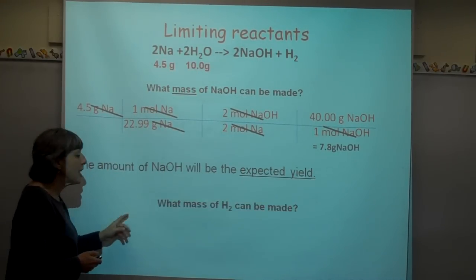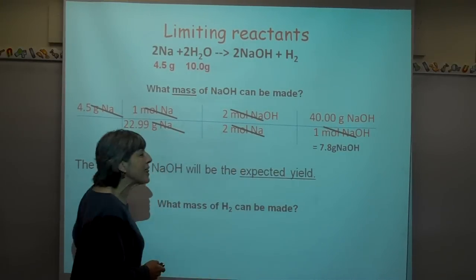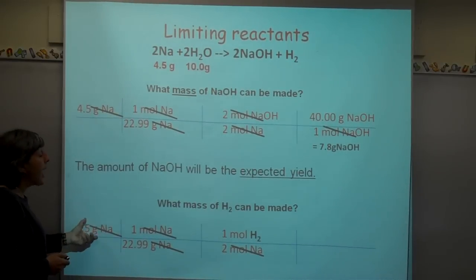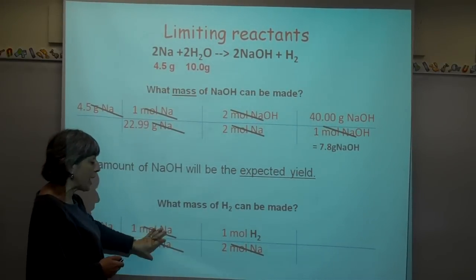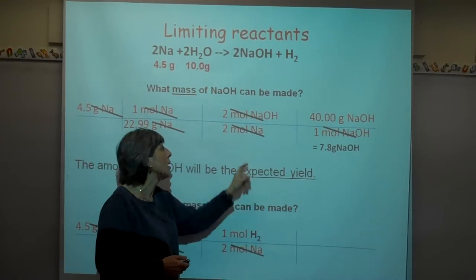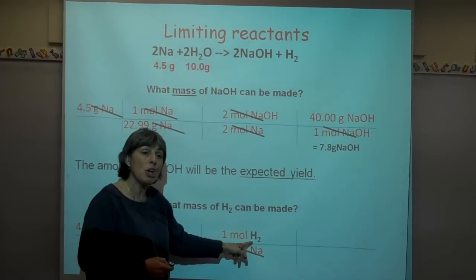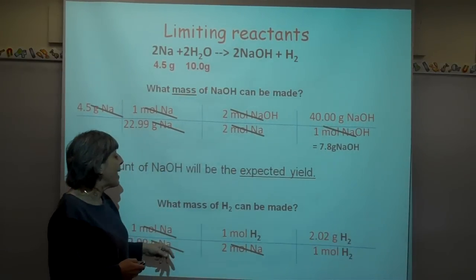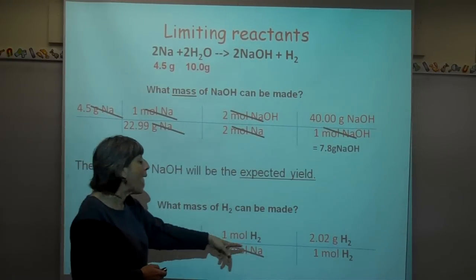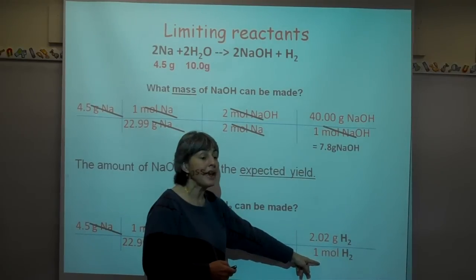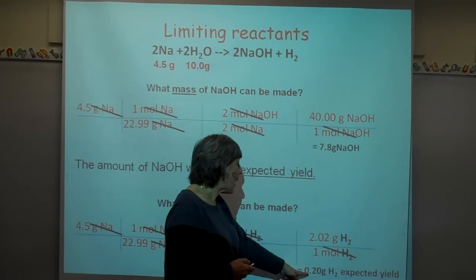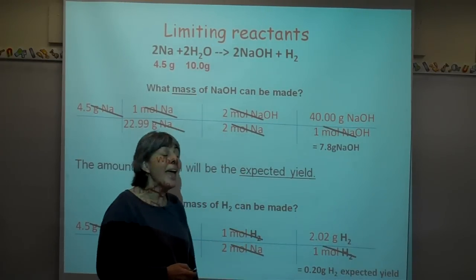Okay? If the question is how much H2 can be made, the procedure is exactly the same. I'm going to start with 4.5 grams of Na. I am going to turn that into moles of Na. I am going to use a molar ratio to turn it into moles of H2 instead of moles of NaOH, because now my unknown is H2. Okay? It is not moles of H2 that I want, but mass of H2. So I have to go the extra step of getting a molar mass. And now I have an answer that tells me I can get 0.2 grams of H2,